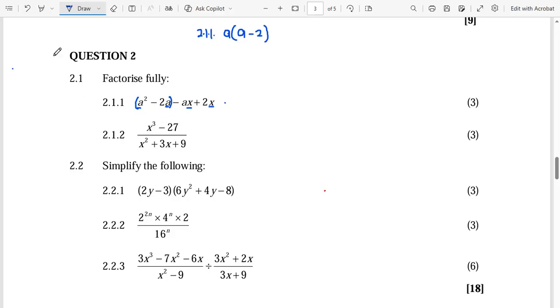Now that I have that inside the bracket, I have a minus 2. I needed the 2 to be negative, and this 2 here is positive. The only way to get that 2 to be negative, because I need to have the same terms inside each bracket,